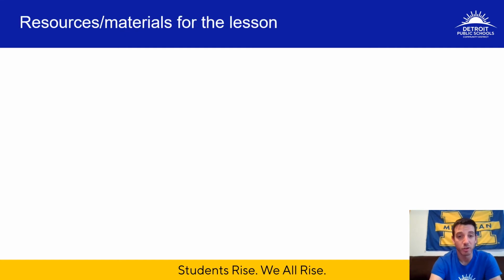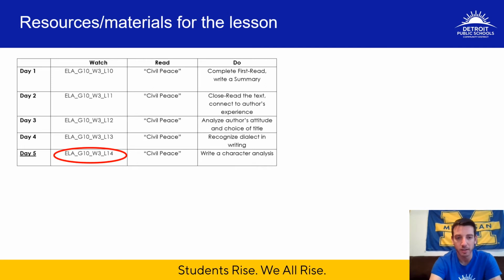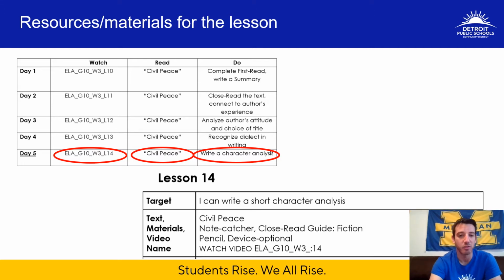Let's talk about what you are doing today. So first is you should watch the video you're watching right now, which is week 3, lesson 14. You're going to be looking at Civil Peace, which is the text you've been looking at all week. And you're going to write a character analysis for Jonathan, our main character, which we'll talk more about a little bit later. And then just a reminder, if you go down to lesson 14 itself, read the part that tells you what materials you need for the lesson and make sure you have those materials accessible when you start working